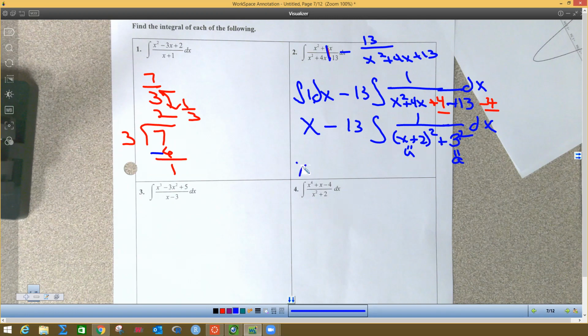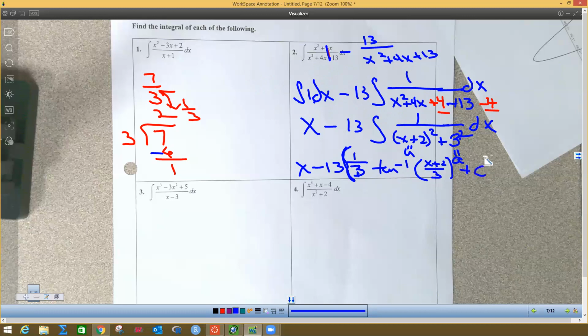So then you're going to get x minus 13, and then this is arctan because there's no radicals. I know that one's arctan because there's no radicals. So I'm going to use, I forgot, it's 1 over a first, so it's 1 over 3, and then it's arctan. I probably should put parentheses here because it's times that negative 13. And then I got arctan, which is the same as inverse tan. You can either write arctan or inverse tan, and it's your u over a